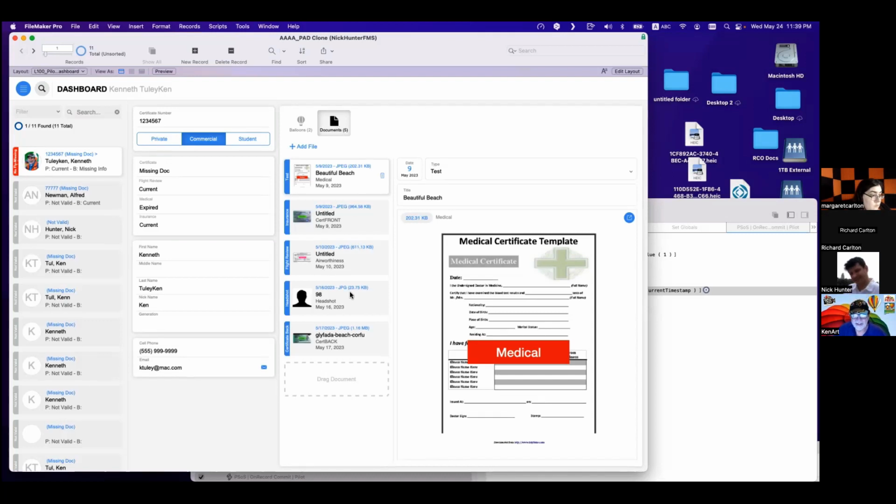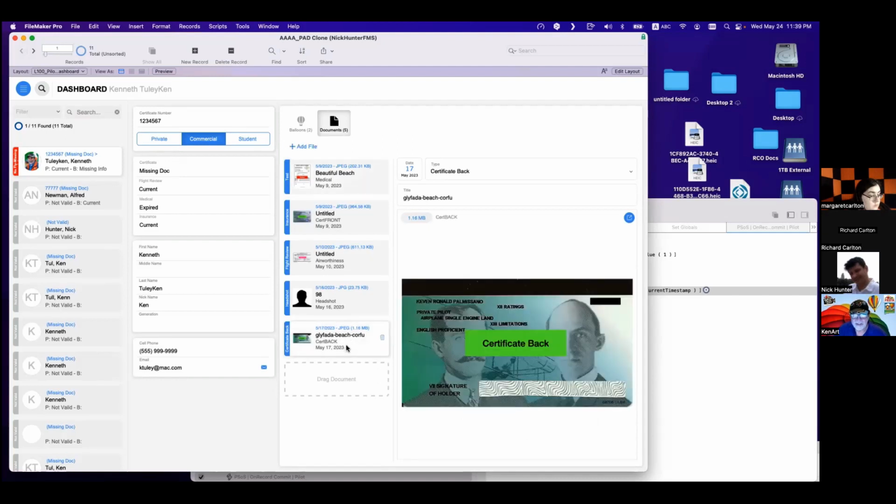it would be good if, in my list here, he wants to know. He doesn't want just the certificate missing docs if the back or the front is missing. He wants the status to say, oh, the back is missing.